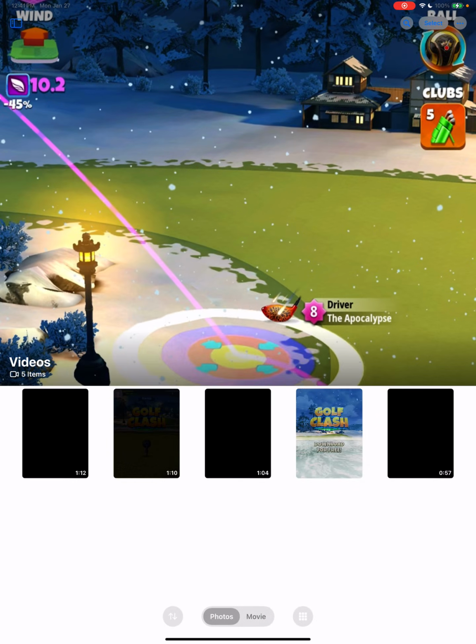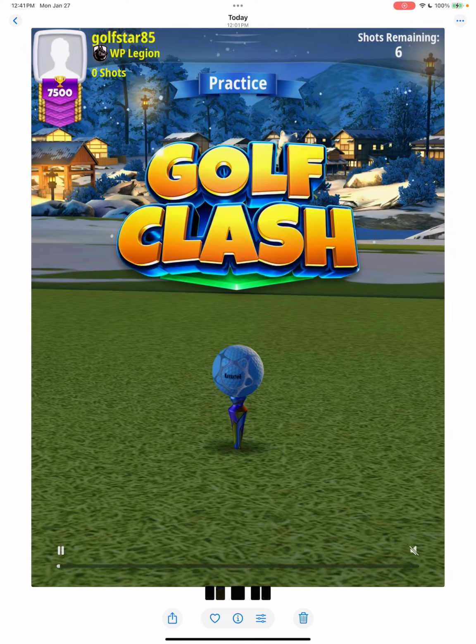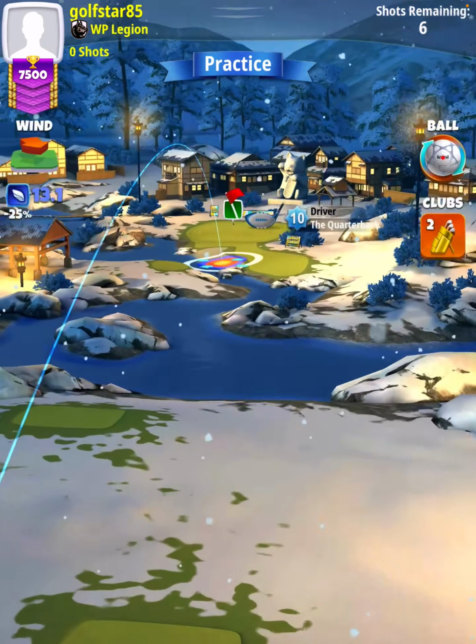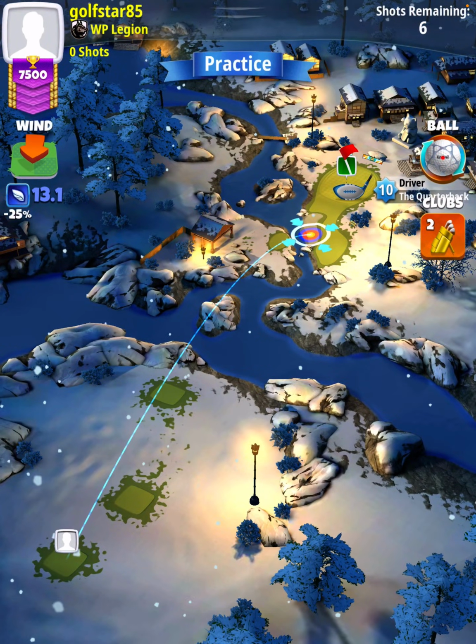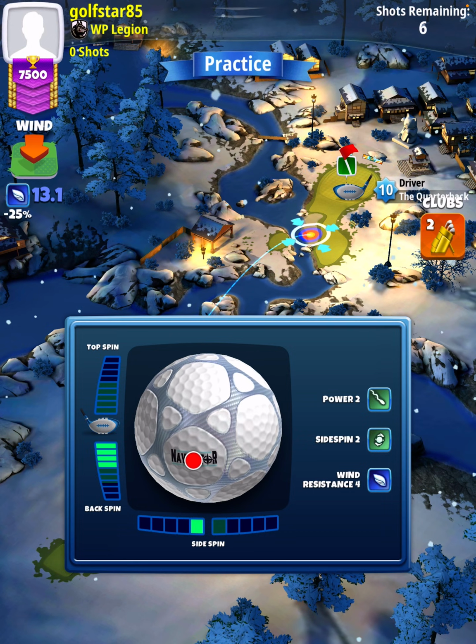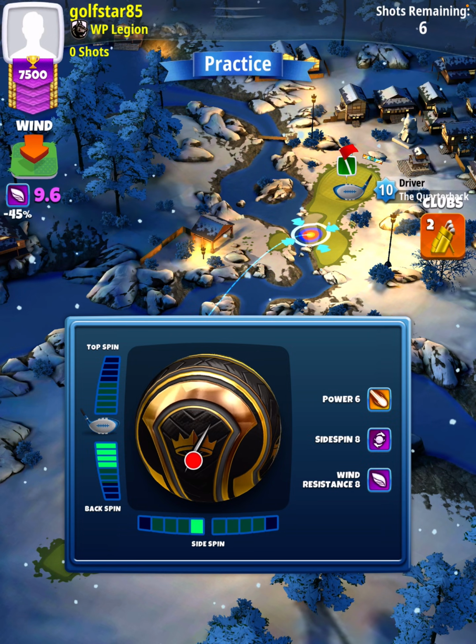For hole number 8, we're going to be using a quarterback, level 10, and a Kingslayer ball, but I'm going to start with a Navigator, specifically a side spin 2 ball. So any side spin 2 ball will work. We're going to use a light 4 backspin with 1 left spin, swap over to our Kingslayer ball,